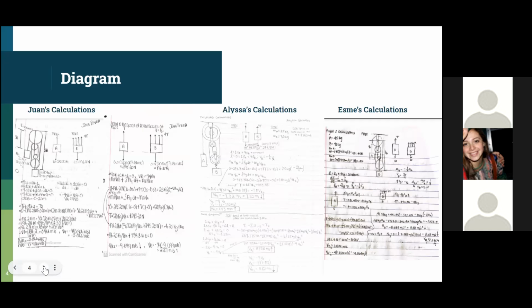As for my calculations, I had a mass of 25 and a mass of 20, which I converted into 245.25 for A and 196 for B. Then I solved for SB plus SA equals L, which gave me VB equals negative 1/4 of VA, which I plugged into the impulse formula, which gave me minus 196.2 newtons times 1 second minus 0 seconds plus 4 tension times 1 second minus 0 seconds,